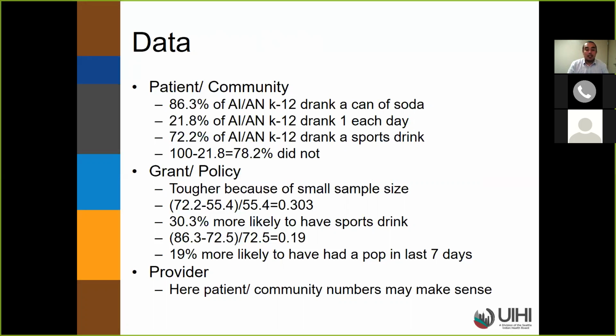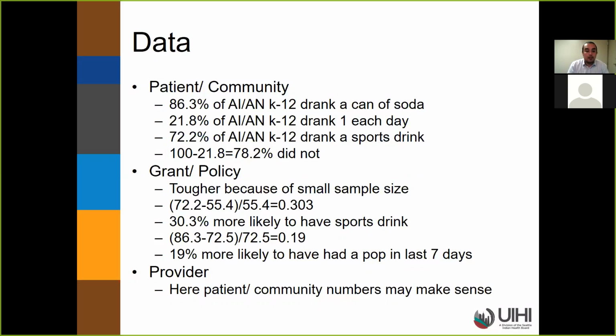Now, the nice thing about presenting data for this population is that oftentimes we get around some of those difficulties with wide standard error by being able to highlight the number without worrying about how it relates to the referent. Additionally, likewise to the can of soda, we can see that 72.2% of AIANs endorse having drank a sports drink in the last